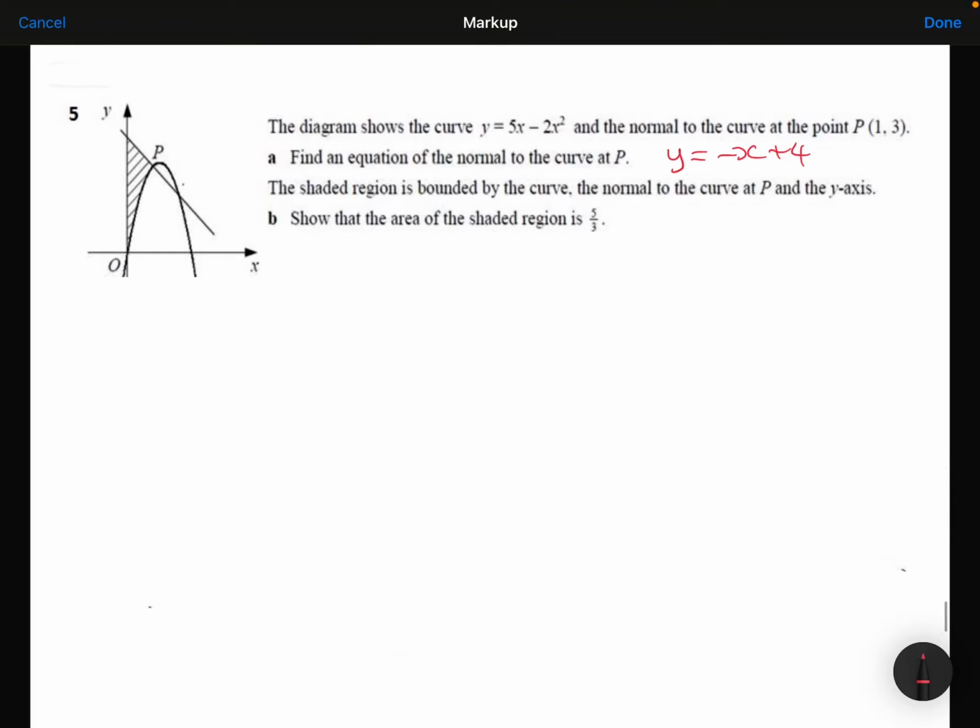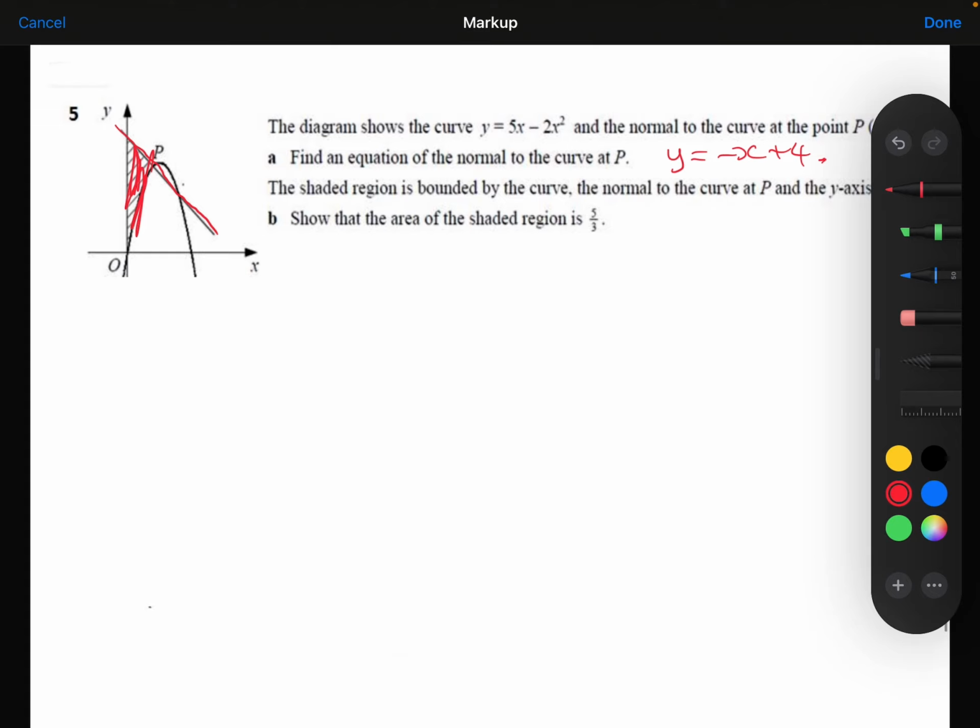So we've already seen that the equation of the normal to the curve at P, so the equation of this line here, is y equals minus x plus 4. In part B, we are asked to work out the area of this shaded region here. Now, the way I'm going to do this